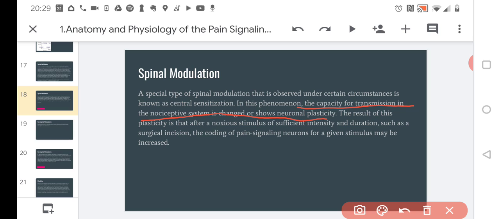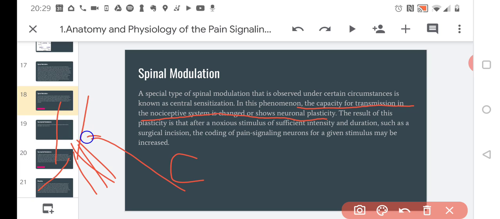What does it mean? It means that when the information passes to the spinal cord, it will change how this pain will be perceived. So this is mainly about the C fibers. When the pain is getting through the C fibers to the spinal cord, it will change. It will, let's say, plastically deform. Of course, it doesn't sound right from the physiological perspective, but you can imagine it in that way.